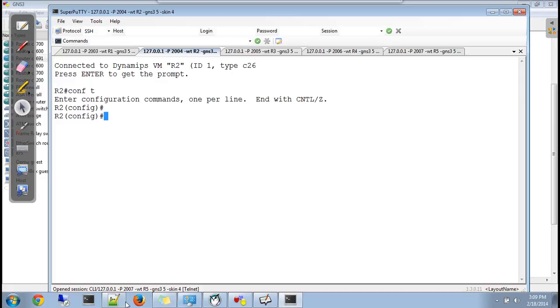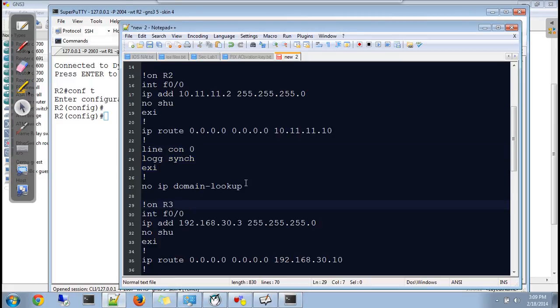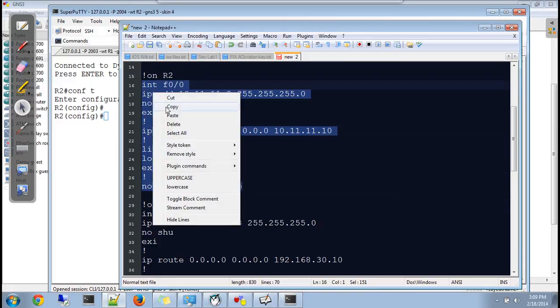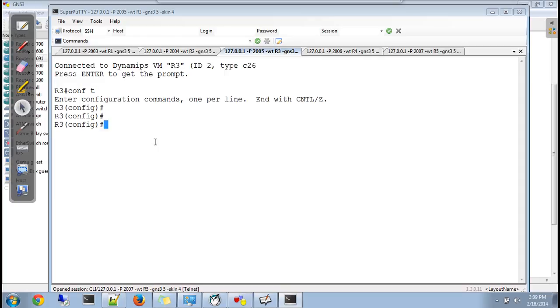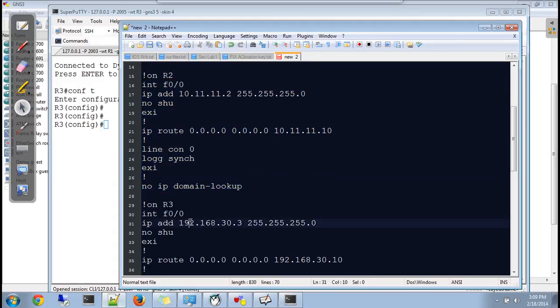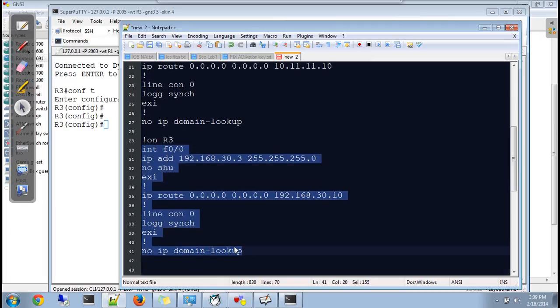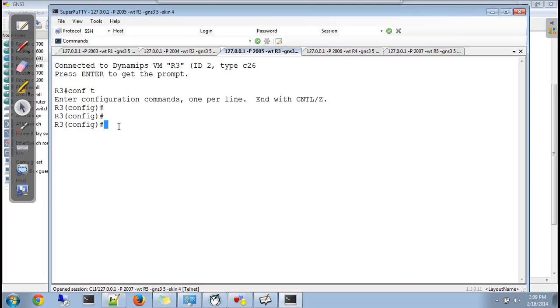R2, let me get the config of R2. This is R2. Copy, paste. R3. To copy, you can use Control plus C, and to paste on the console, just right click of your mouse. Use the right click button of your mouse to paste it.